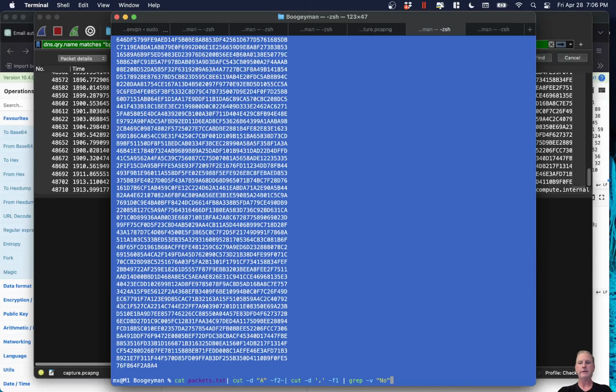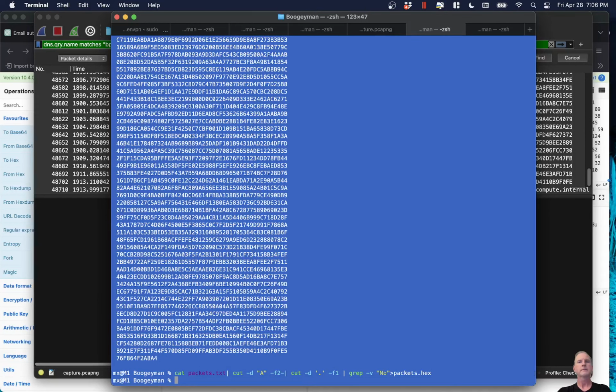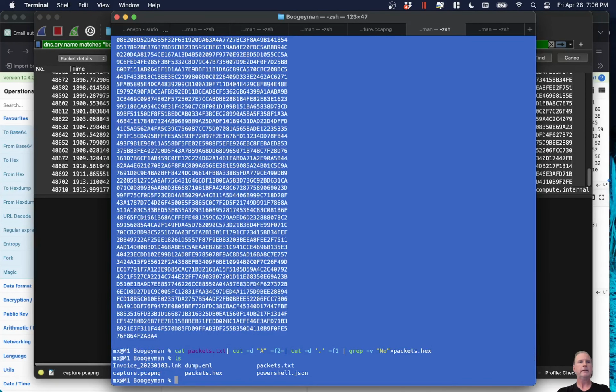Okay, so let's save this into something called packets.hex. Sanity check. Okay, so we're getting closer. We can't run this file because it's in hex string. So the next thing we have to do is convert it, and this is where we can use